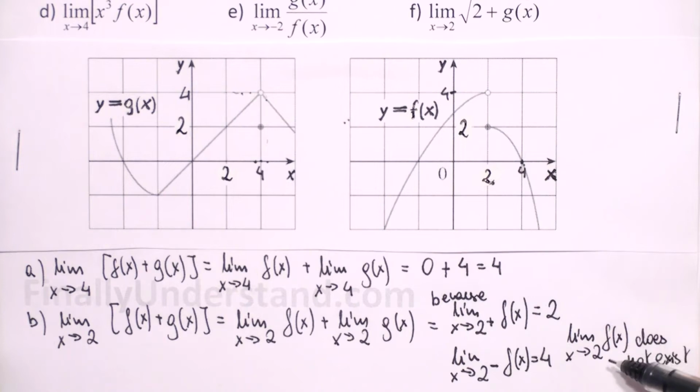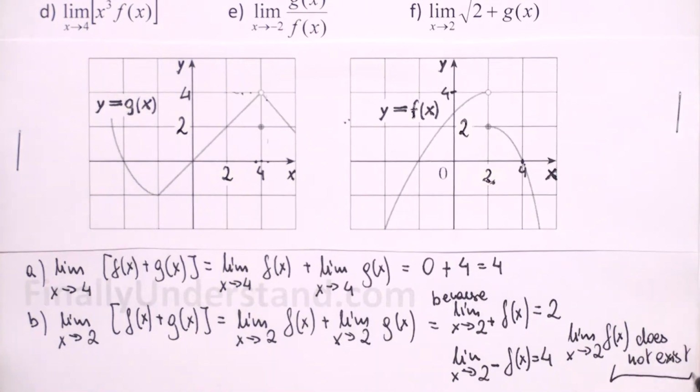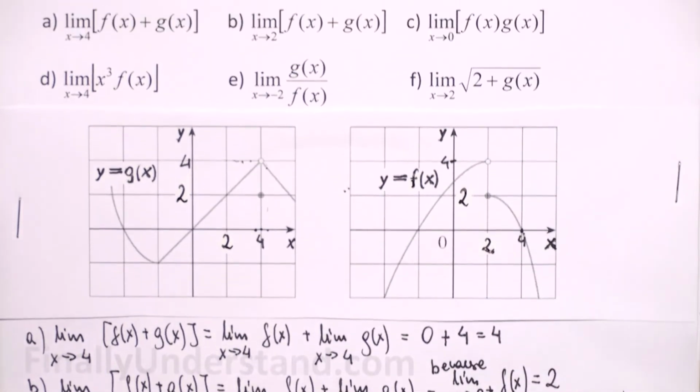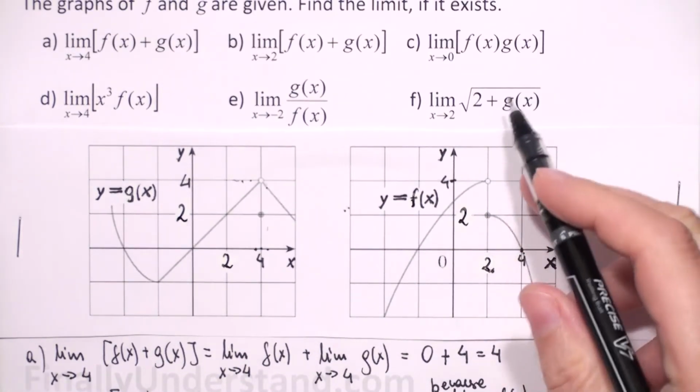Because the limit as x approaches 2 of f of x does not exist, we don't have to check the limit as x approaches 2 of g of x, because the limit of f of x as x approaches 2 does not exist. It means that the limit of f of x plus g of x as x approaches 2 does not exist. Okay, and next we have the limit